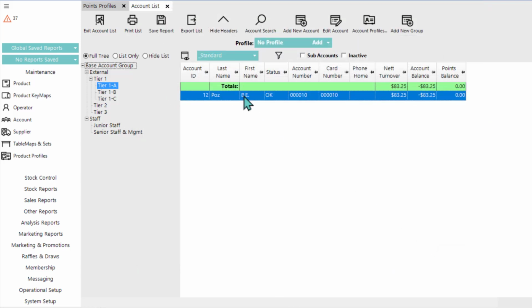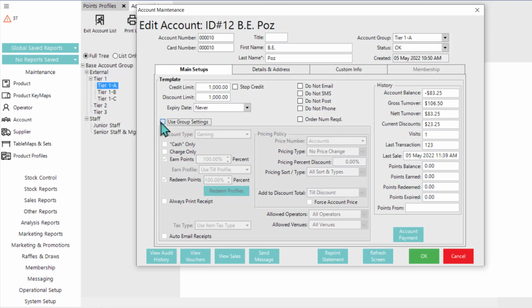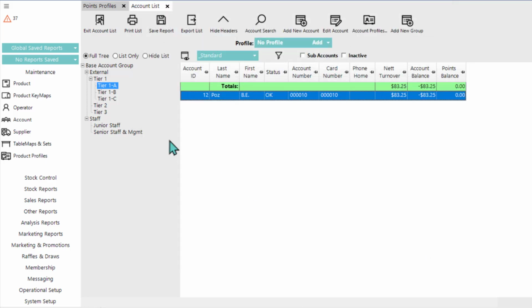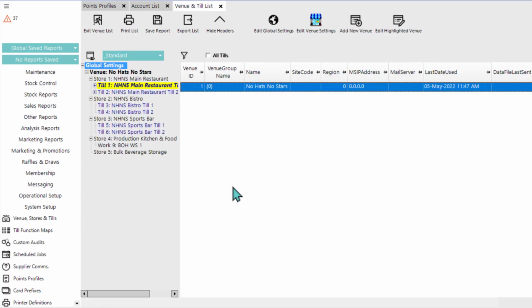Now for our account holder BYOB, I will set them to use group settings, and we can see here that they will now be earning and redeeming points, and they've got the points percentages, those rates set there, and we will have that redeem profile that's been set at the account group level also being passed down to BYOB. Alright, so if I save that and we head to our venue, stores, and tills list, we can